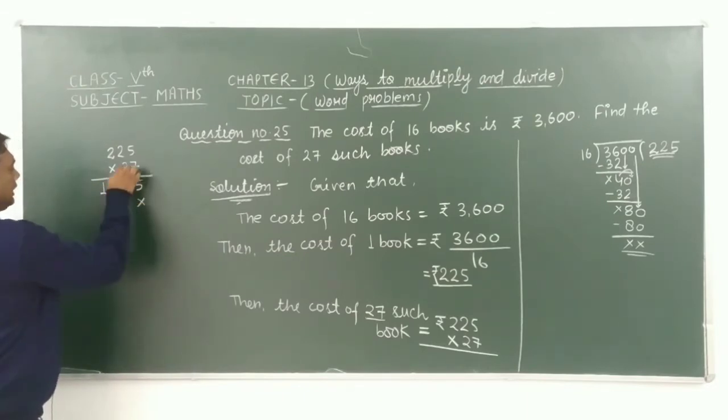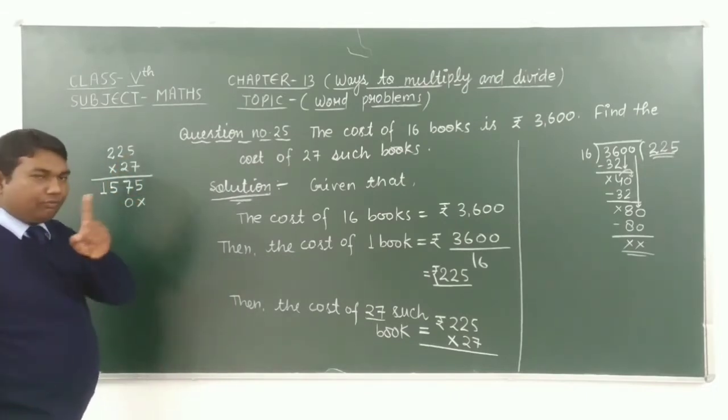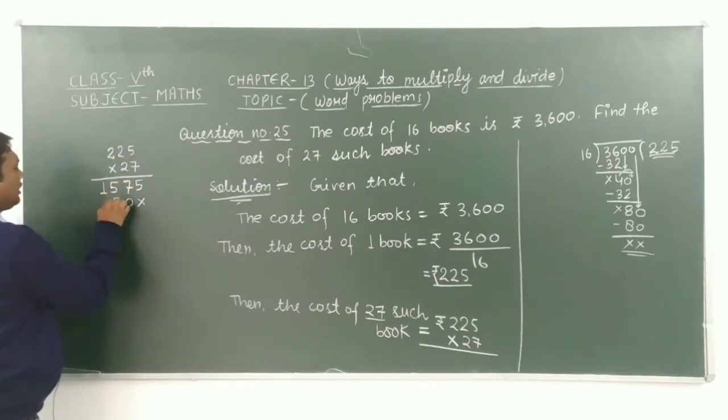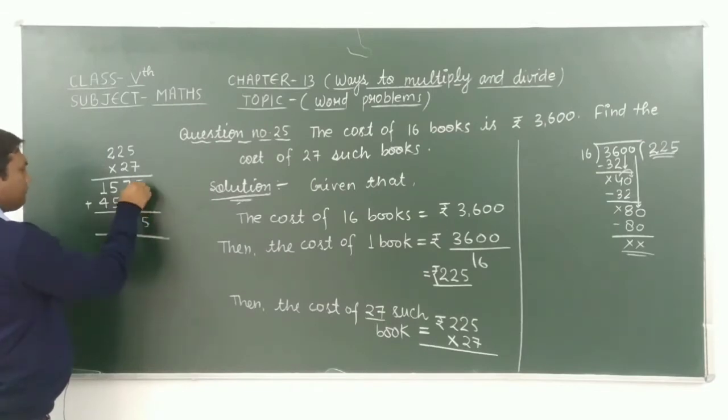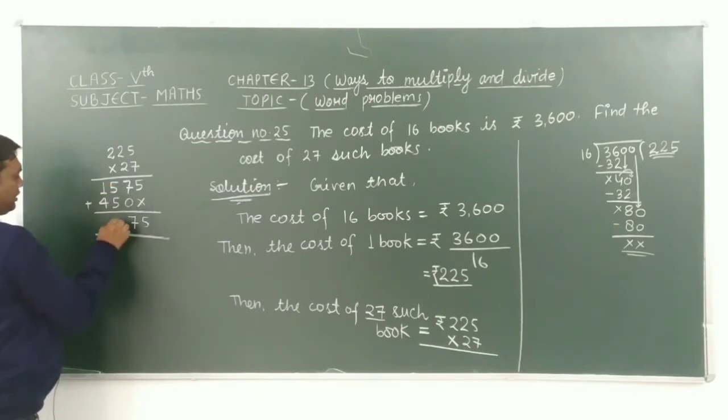Okay, again we have to take multiplication by 2. Multiply by 2. 2 fives are 10. 10, write 0 carry 1. 2 twos are 4 plus 1 is 5, and 2 twos are 4. Okay, after adding these we get 505. It means 5 plus 0 is 5. 7 plus 0 is 7. 5 plus 5 is 10. 10, write 0 carry 1. 4 plus 1 is 5. 5 plus 1 is 6.